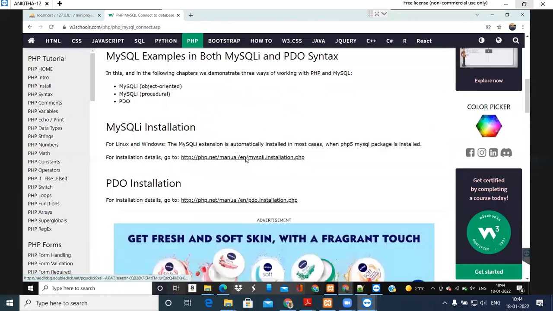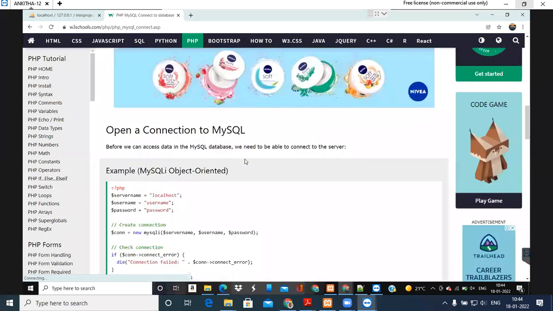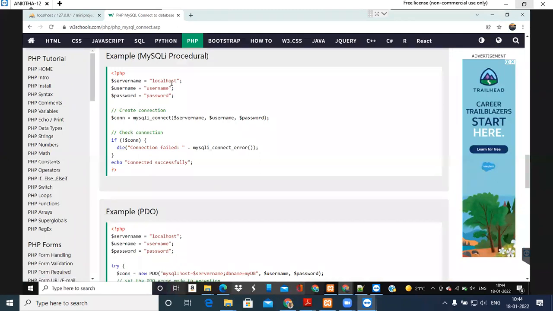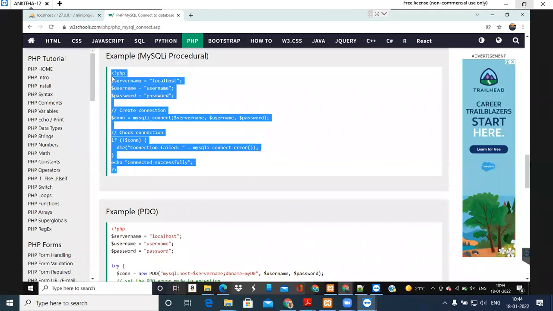In this you get object oriented and procedural, but you select only the procedural one. Because this is very easy to understand compared to object oriented. If you have knowledge about objects and classes, then you go through object oriented. Otherwise you go with procedural. I told you already, but again I will tell you.